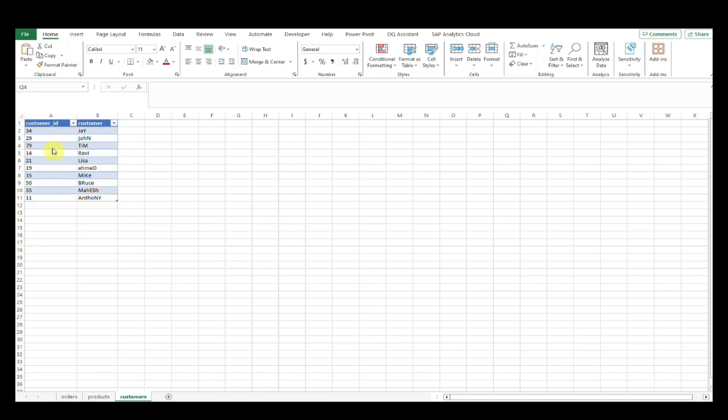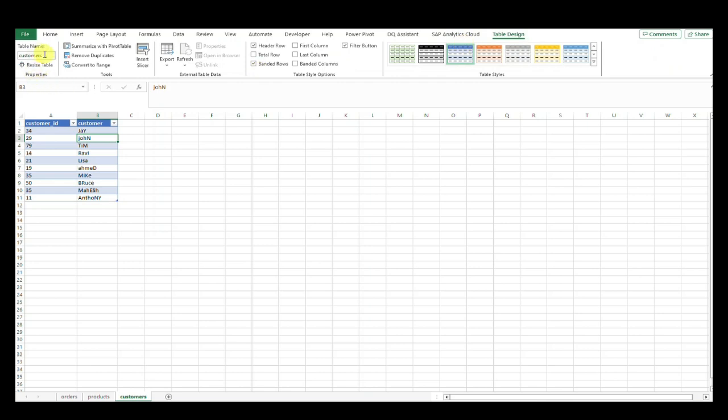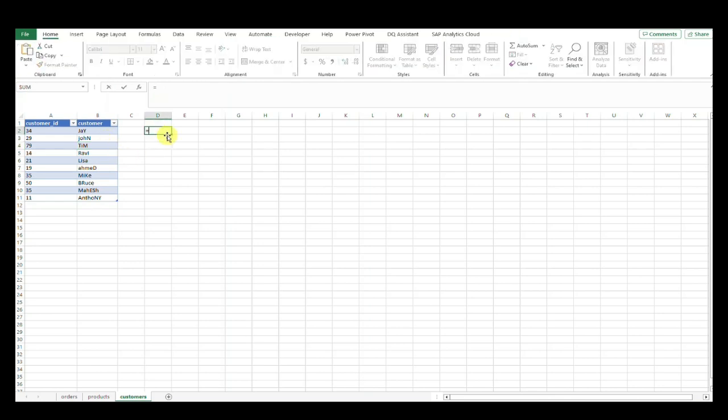How do we change? First, this data set already has the data table format inserted. So here we check the table design and the table name, customer. So we can copy this one. Okay, here this is our column. We need to change the case, lowercase or uppercase, which one. Okay, so here we use the lower